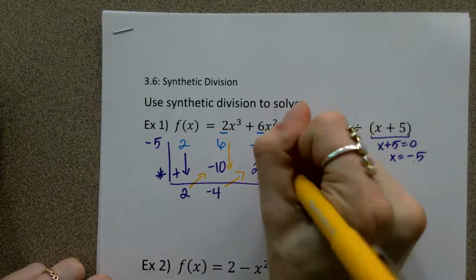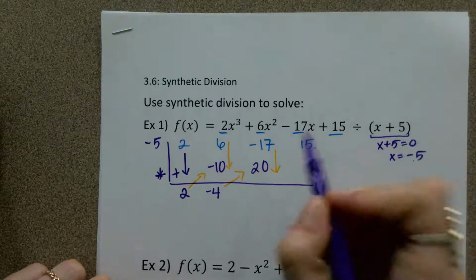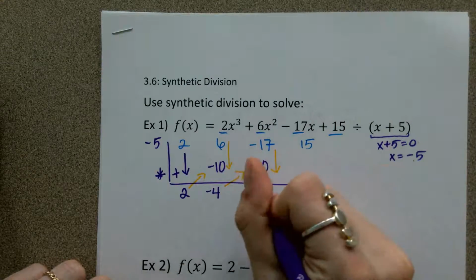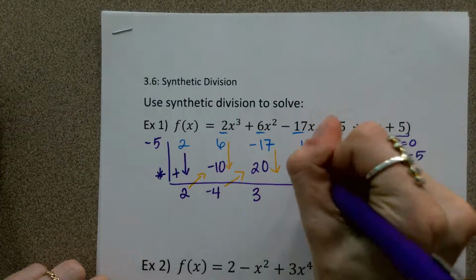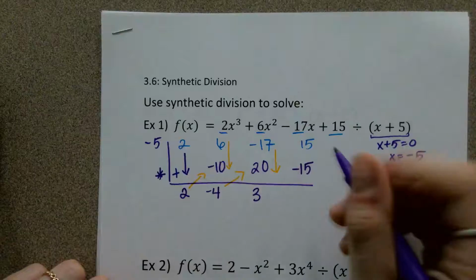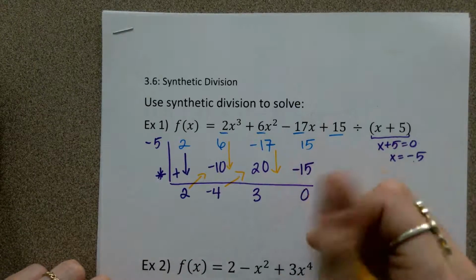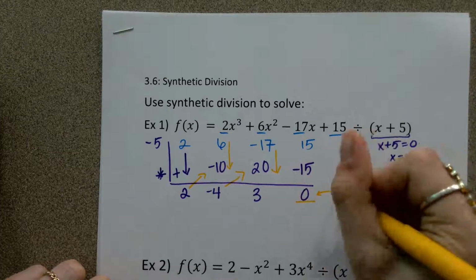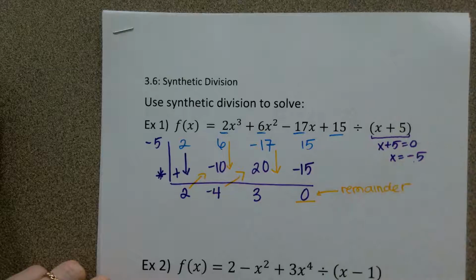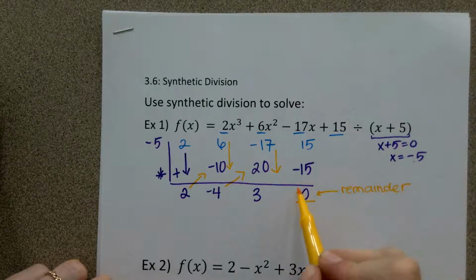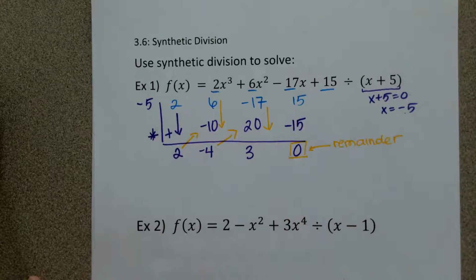Then I add going down, and it's just a repetition of patterns. So negative 17 plus 20 gives me positive 3. Multiply on the outside, I get negative 15. Add on the inside, I get 0. This last number right here is my remainder. So here I don't have a remainder. My remainder is 0, which means